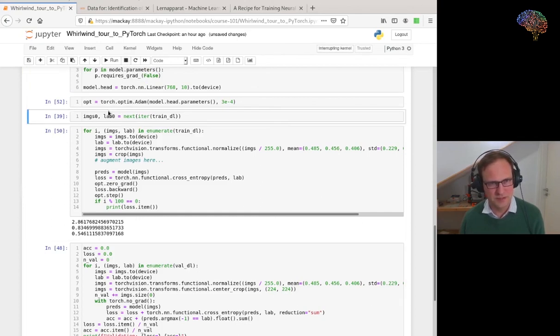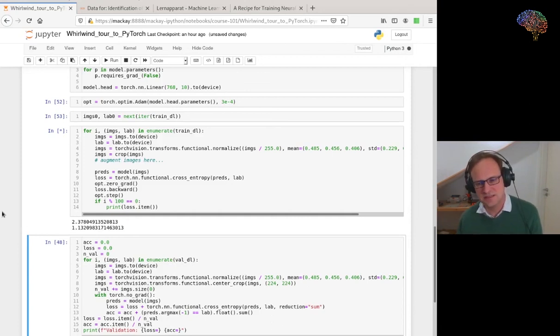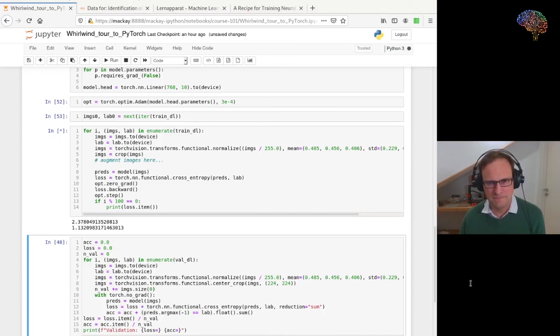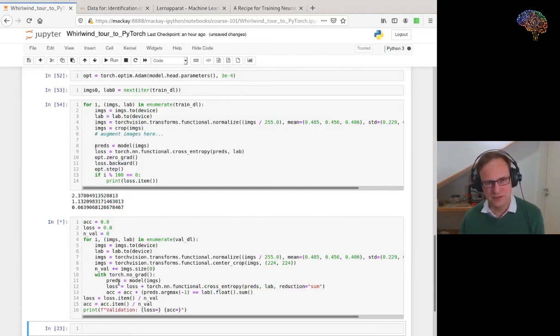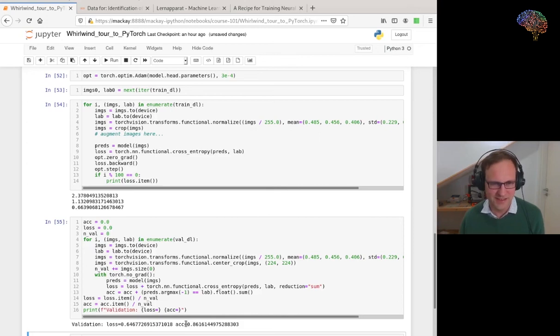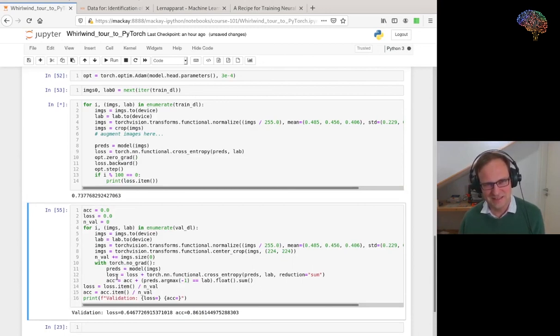Then maybe we better start training from scratch. Okay, so it's the loss starting at 2.3, and now let's see if this goes down. And it's 1.13. Okay, and after the first epoch, I have yeah, now the accuracy is looking much better. And we see after only a few epochs we have really great accuracy,